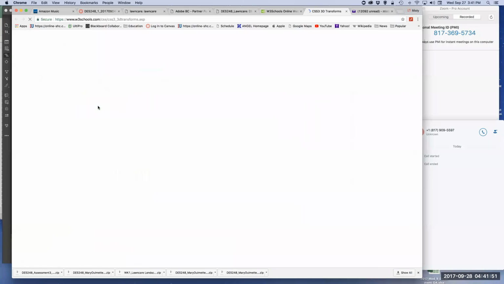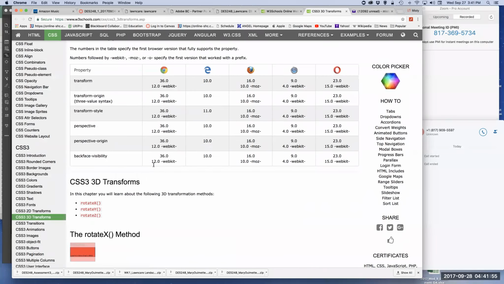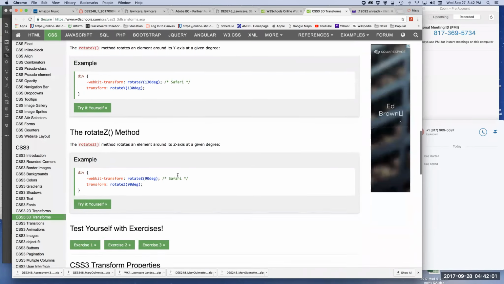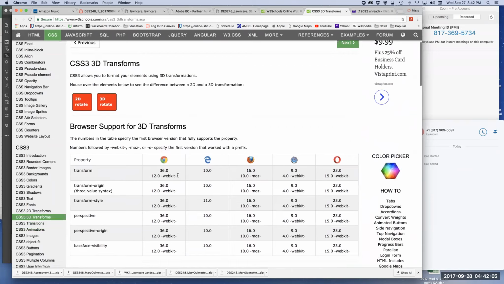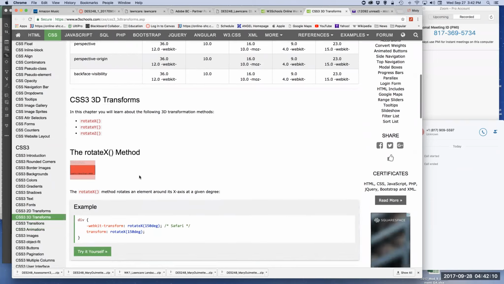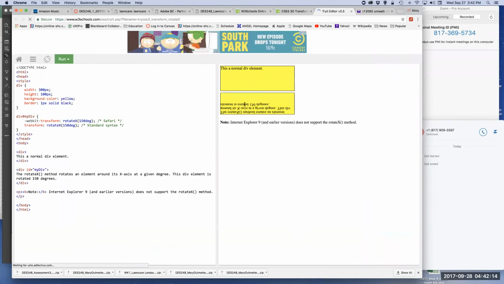That's what I did. When I click on it, we can see the different things it can do. And it gives you some options. You can do just the basic 3D transform, rotate X method. If you click on the try it yourself button and hit run,